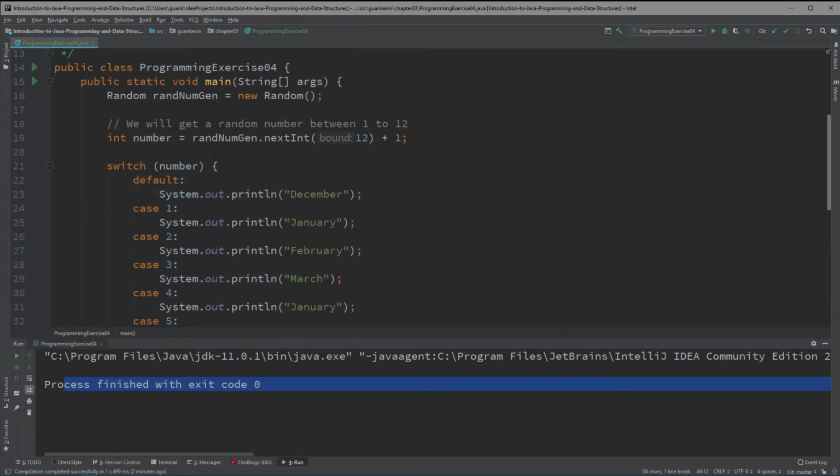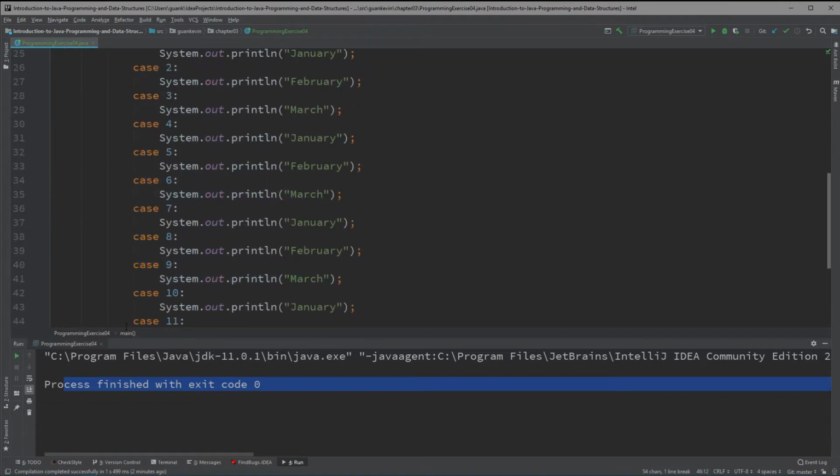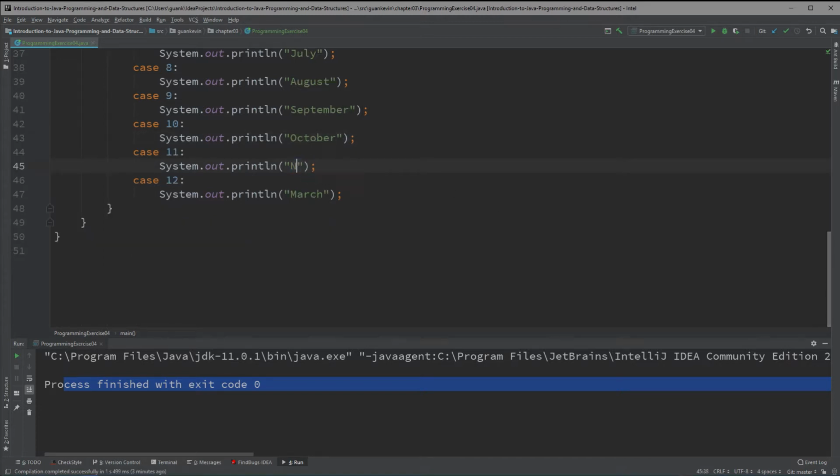And I don't need 12 because, actually, let me just leave that there for now, and I'll show you why in a bit. So January, February, March, April, May, June, July, August, September, October, November,